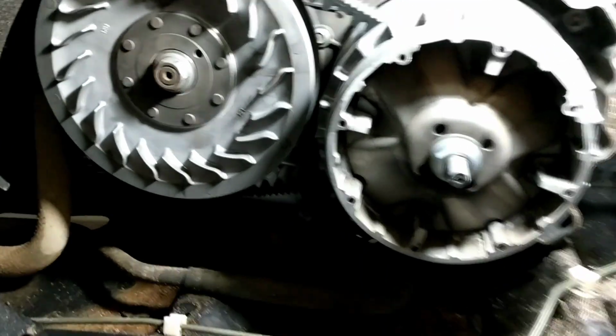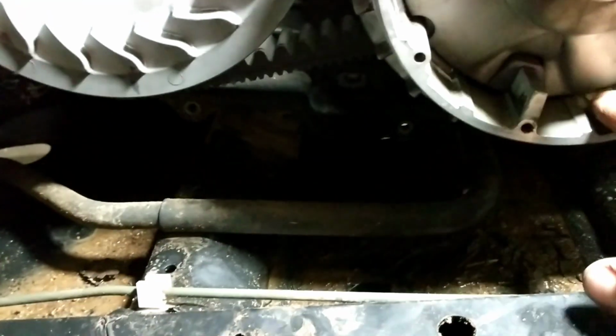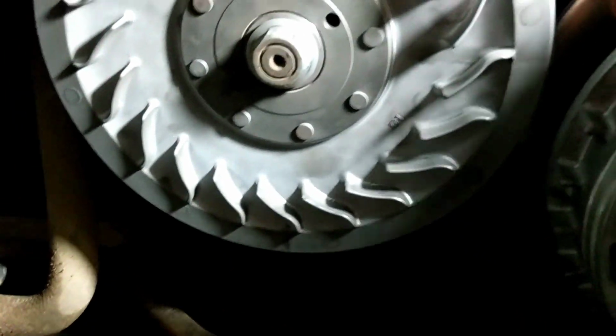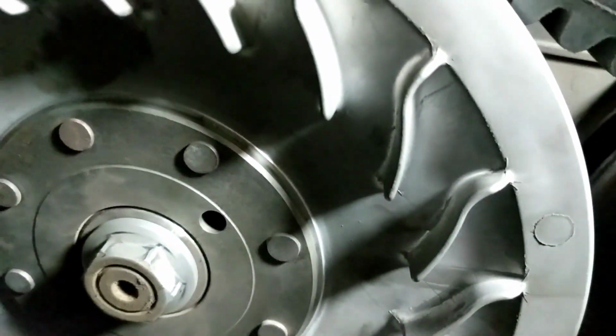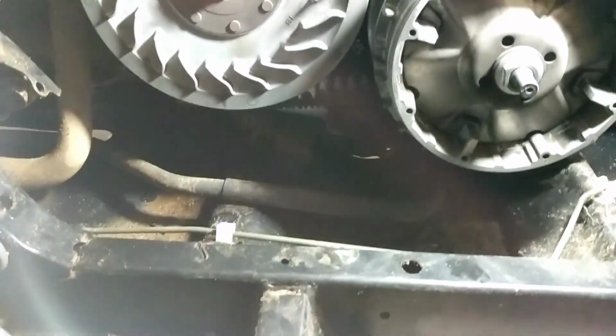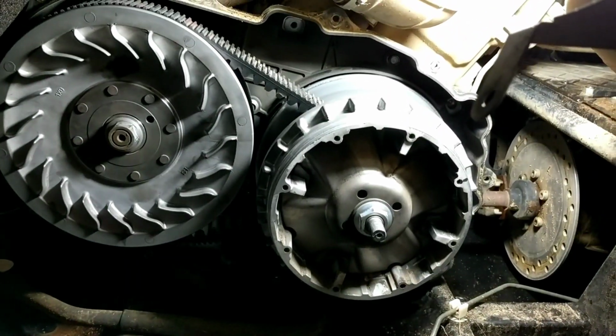I got the cage back off. Just wanted to check everything out here. As you see, there's some dust. There's quite a bit of belt dust or something up there. Looks like belt dust. It was a wet condition day yesterday. There was no dust at all, so it's not like I was driving in the desert or anything. Anyway,